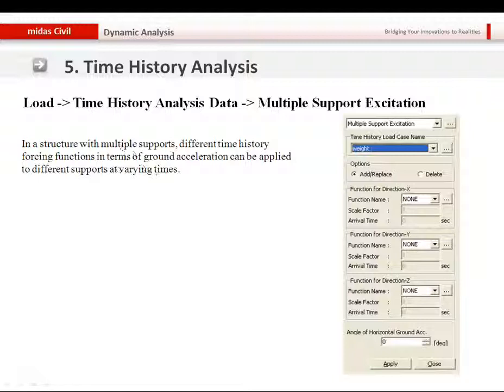And finally, we can perform the multiple support excitation time history analysis in MIDAS Civil. What it means is, let's say we have piers in the cable stayed bridge which are very far apart. So the earthquake will reach the second pier in due course of time. So basically, the first pier will experience an earthquake much prior to the second pier, and we can simulate that behavior in MIDAS Civil. So now let me take you to the program,